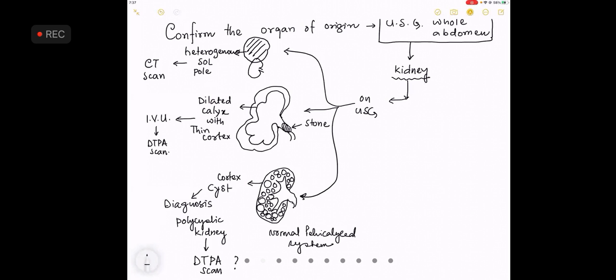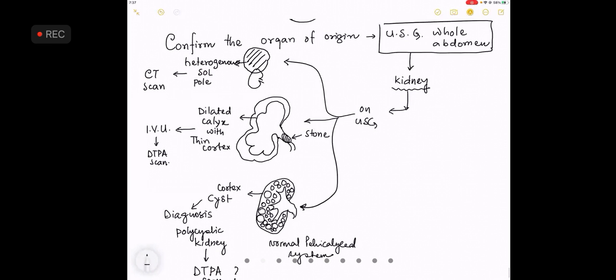Hello? Done, sir. Done, na? What is the differential diagnosis of a kidney lump? So renal cell carcinoma, polycystic kidney, and hydronephrosis. Very good. If it is not a kidney lump, what is the other retroperitoneal DD that you had? RP sarcoma. Okay. Acha. RP sarcoma, you can tell it retroperitoneal sarcoma. If the ultrasound tells you like this, then what is the investigation that you are going to do? Is a CT scan.